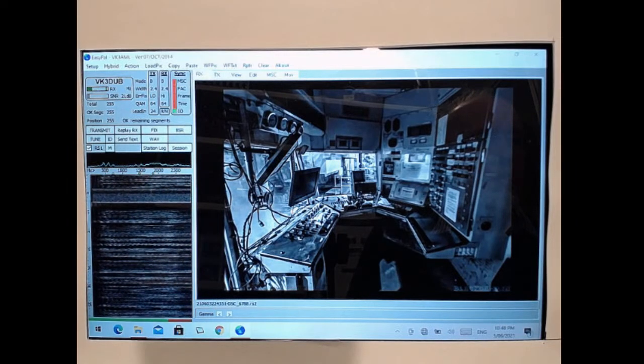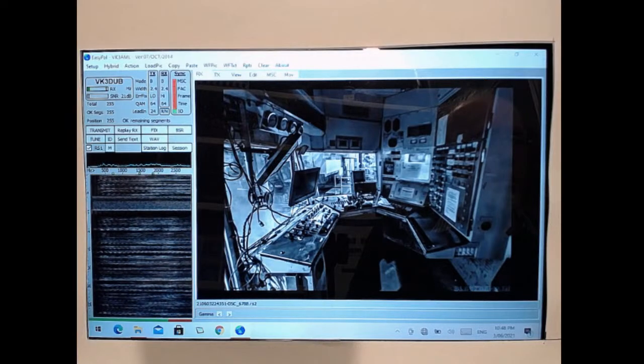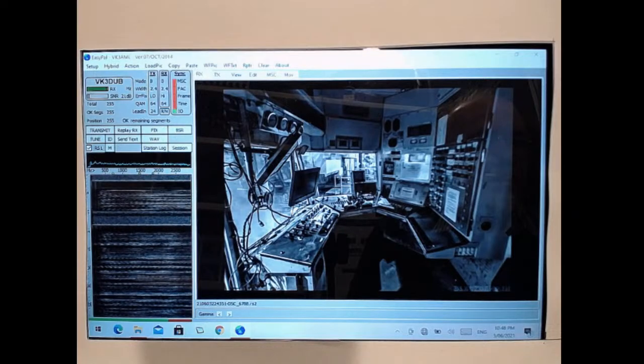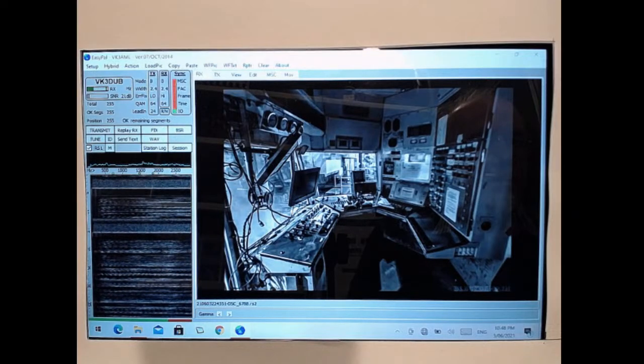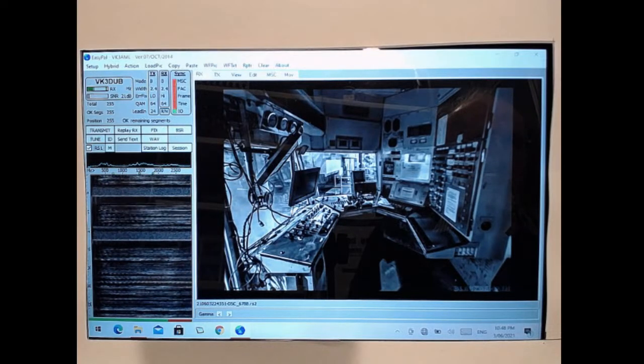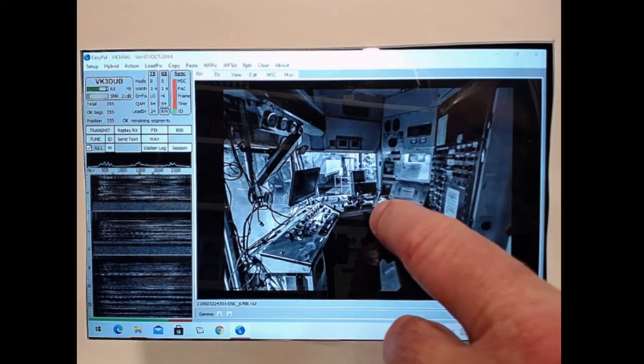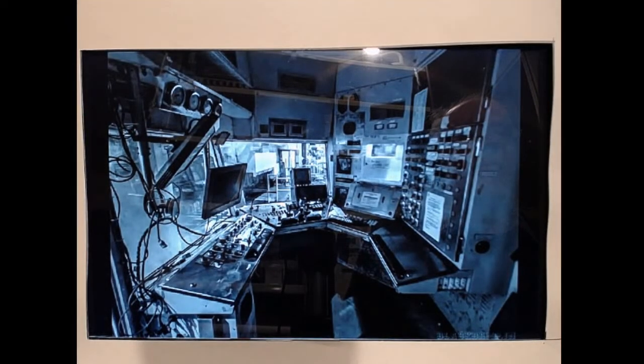VK3CJN, Chris, how did you go decoding this one? Yes, Grayson, good job continuing on where you left off last week. Fantastic. 21 dB here, full decode. And how can I argue with that? And yeah, I agree with Stan.